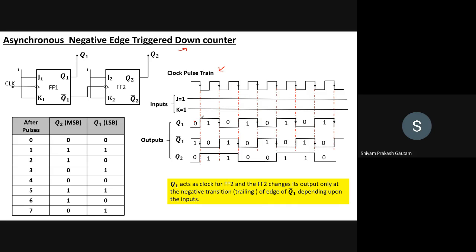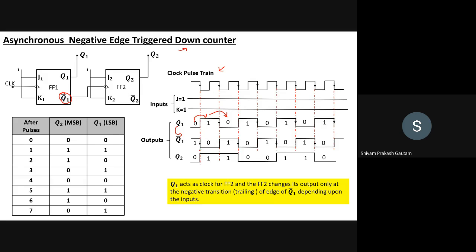Okay. So you can see the toggling is taking place. From 0 it has become 1. Again at the next cycle it has become 0, and so on and so forth. Now you have to plot the inverse of this, because the inverse is acting as a clock to the second flip-flop. If you plot the inverse, it will just complement this waveform. So you can see this is the inverse part.